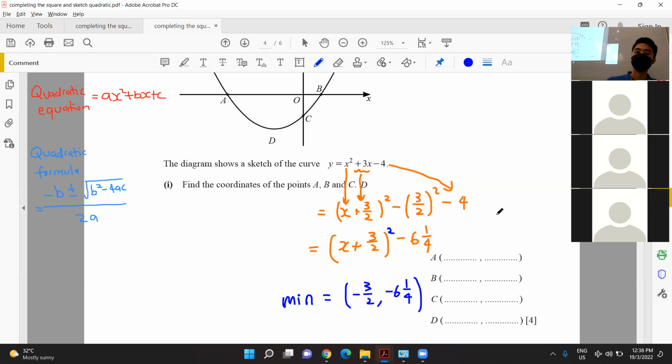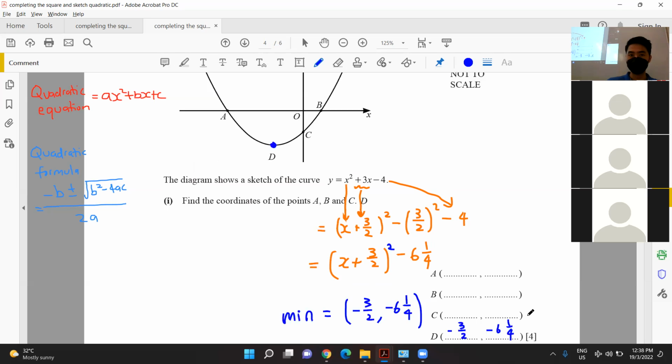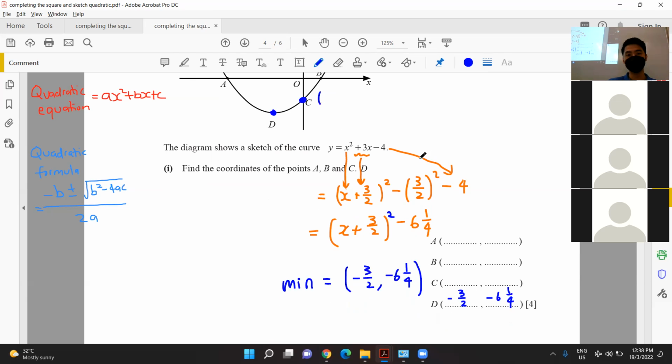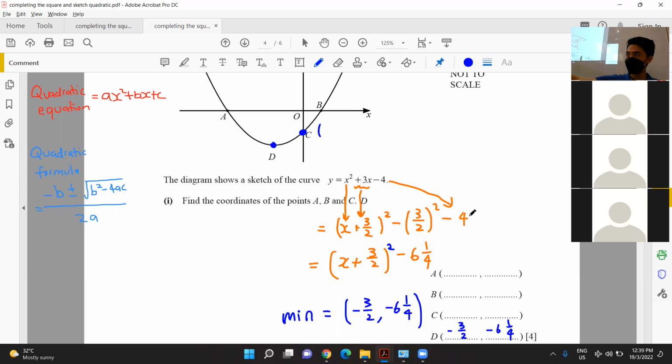Okay, so now that we have the minimum point, that's the coordinates for D already, isn't it? That's the coordinates for D, -3/2 and -6 and 1/4. Now the next thing is C. C, like I said, is the easiest to find already. It's just whatever the value here at the back is. Then we know that the coordinates for C is therefore